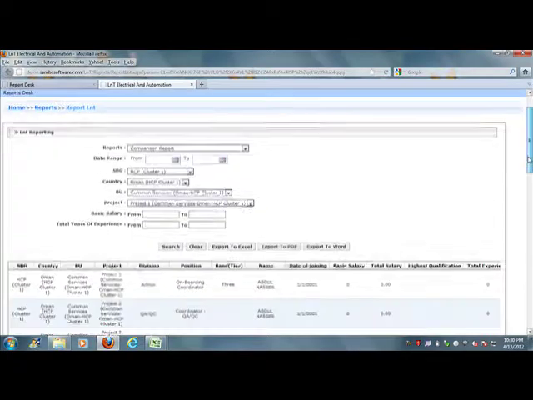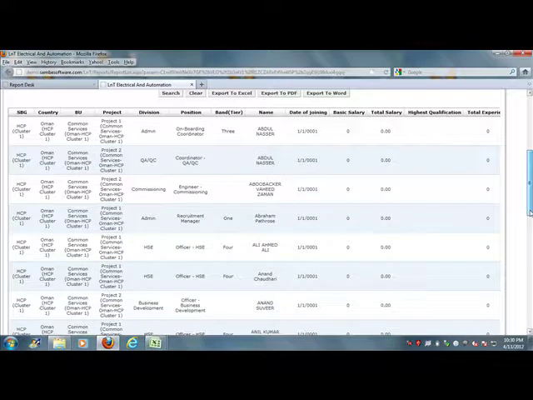The comparison report is an employee report which will help you to compare employees on the basis of salary, highest education, that is qualification, and total experience.